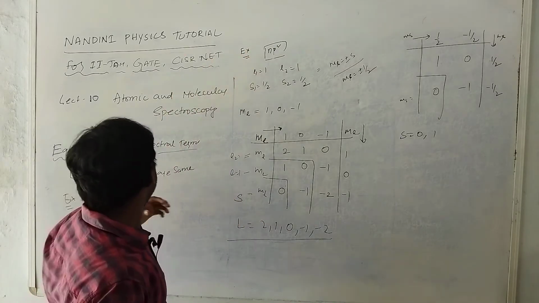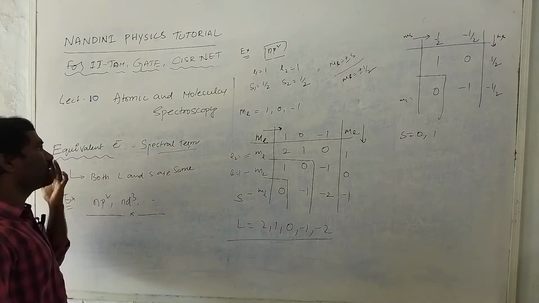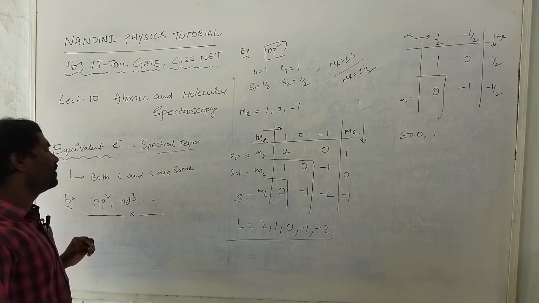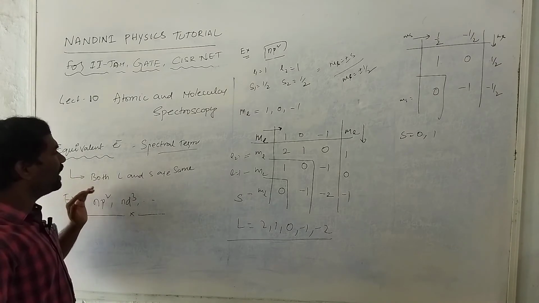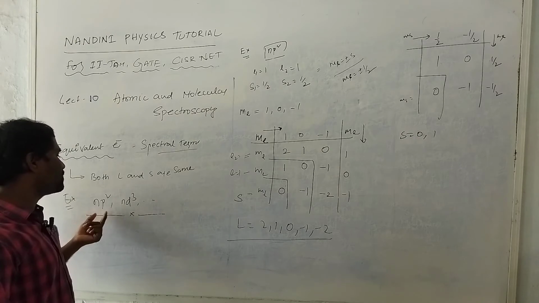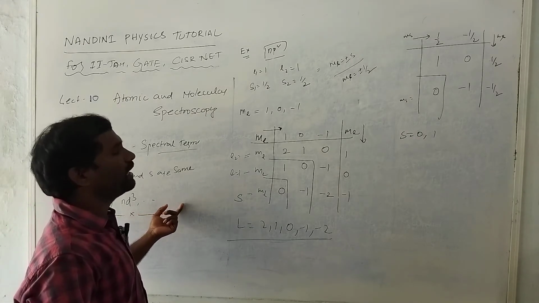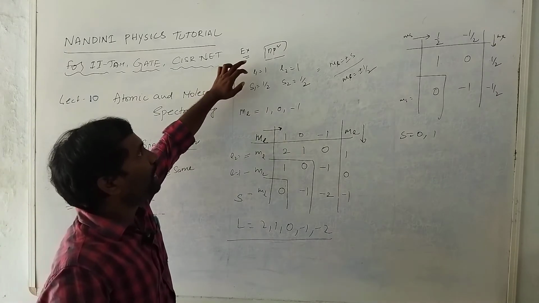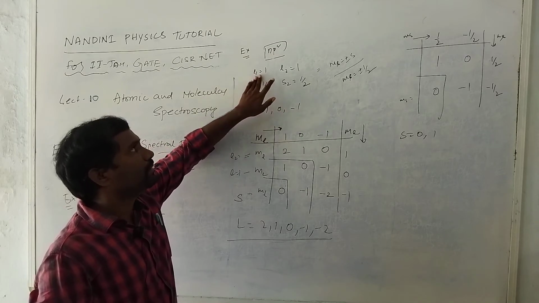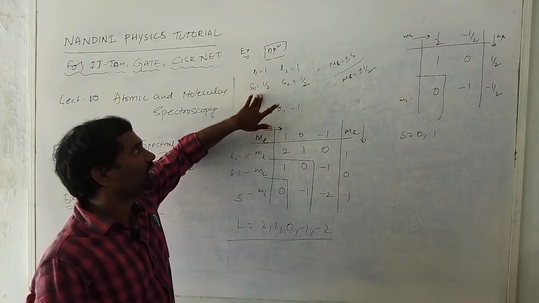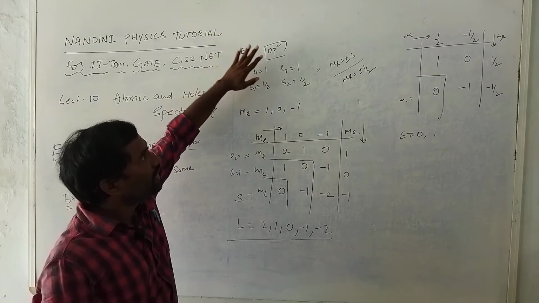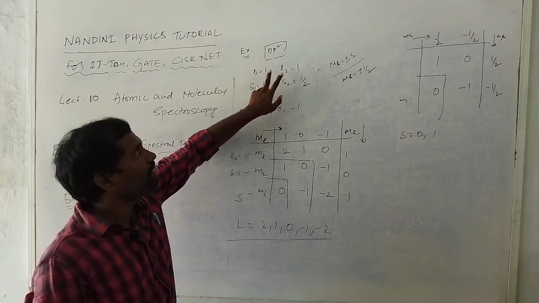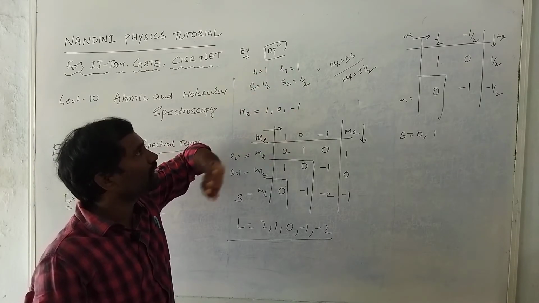Simply take equivalent electrons. I want to find the spectral terms of equivalent electrons. What are equivalent electrons? Both L and S are almost the same values, for example np square, nd cube, nd power 5, np 6. All of these are single-type electron representations. As an example I consider np square. For that, L1 is equal to 1, L2 is equal to 1, S1 is equal to half, S2 is equal to half. Because it is equivalent electrons, I consider L1, L2 both equal and S1, S2 both half.